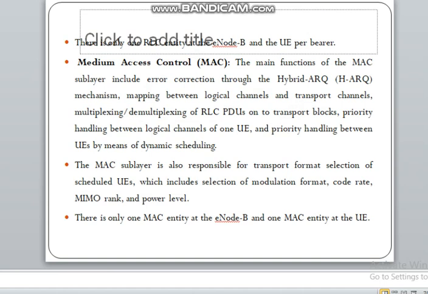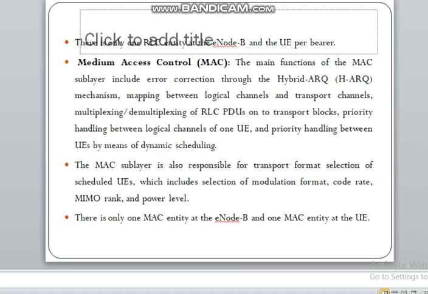If there is an error, then it has to retransmit. The mapping between logical and transport channels is very important, and there is a difference between logical channels and transport channels.